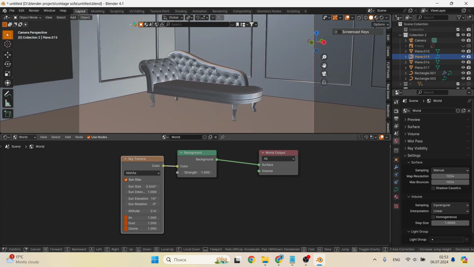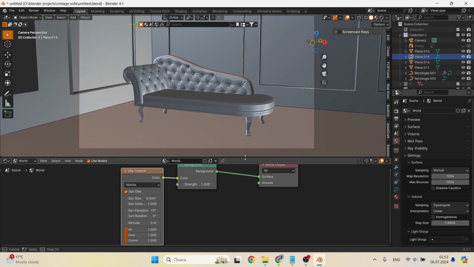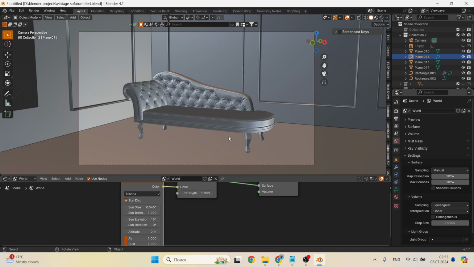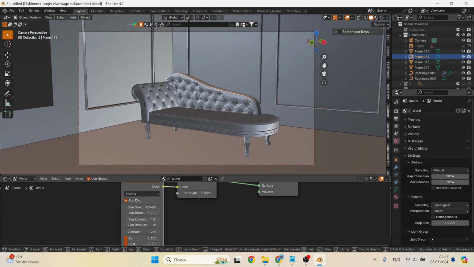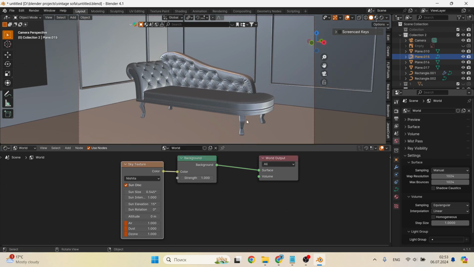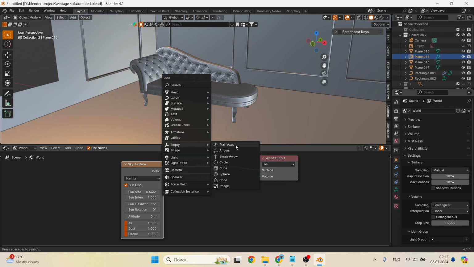After I pressed 0 on the numpad and went to the camera view, I pressed the Shift F combination, which I set for myself manually, and it allows me to quickly turn on the walk navigation mode. Very convenient. I recommend that you set up such a function for yourself. But this is the topic of a separate lesson.